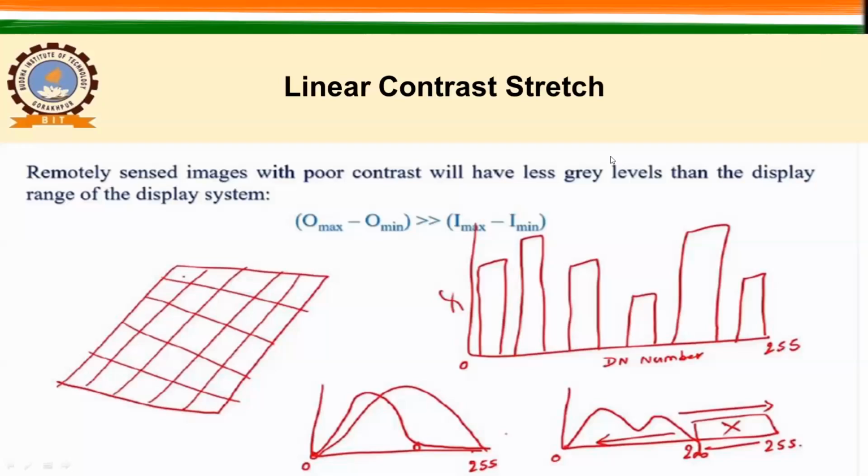So what it says is, when you are not occupying this particular range, your image, depending upon the side and the value, may be lighter or darker, right? That is the reason you need to perform a linear stretching. You are going to take this particular value and this particular value and stretch the whole histogram, so it will appear like this. Then it will utilize the full available range of the display system, right?